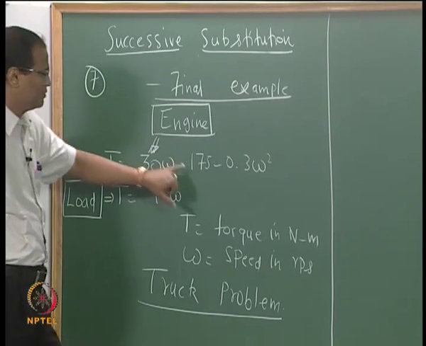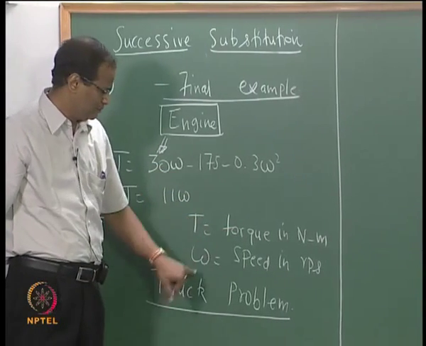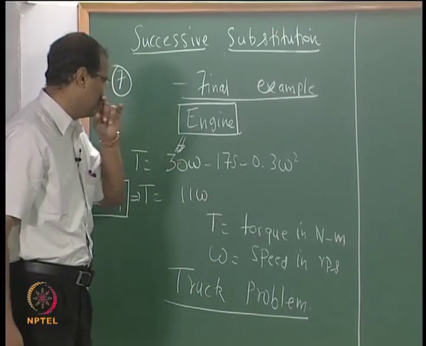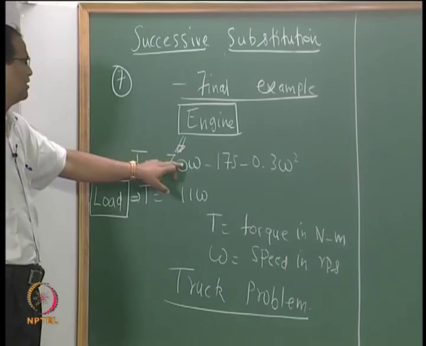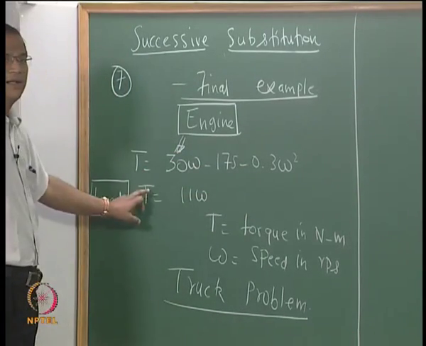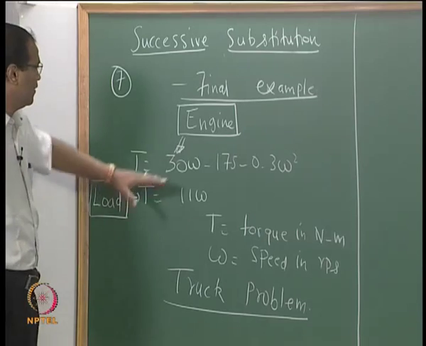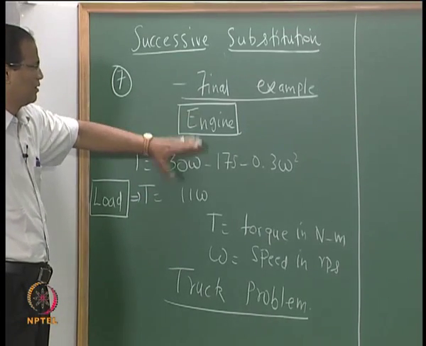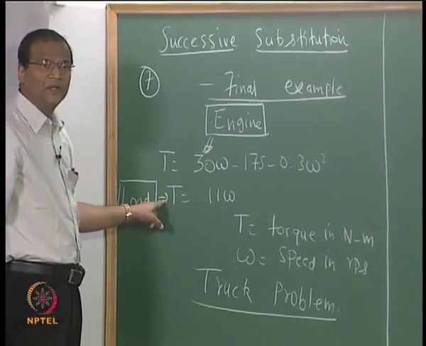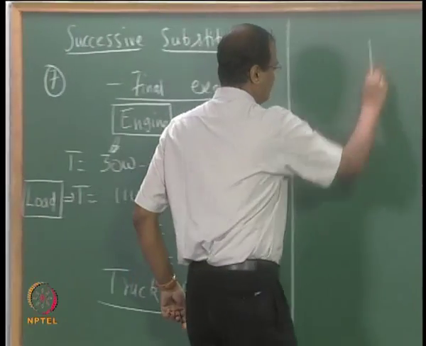So, omega is the speed in RPS and T is the torque in Newton meter. So, the torque T is given by 30 omega minus 175 minus 0.3 omega square and T equal to 11 omega. So, this is the engine characteristic and this is basically the load. So, you can expect that